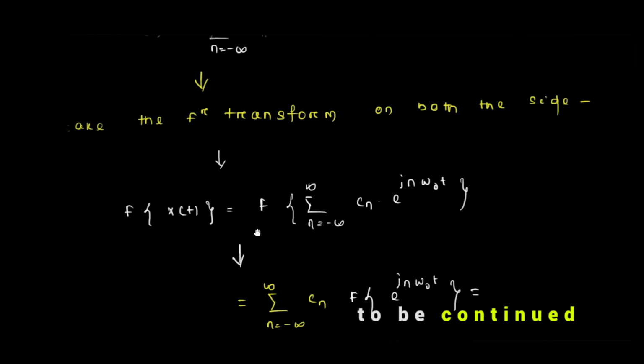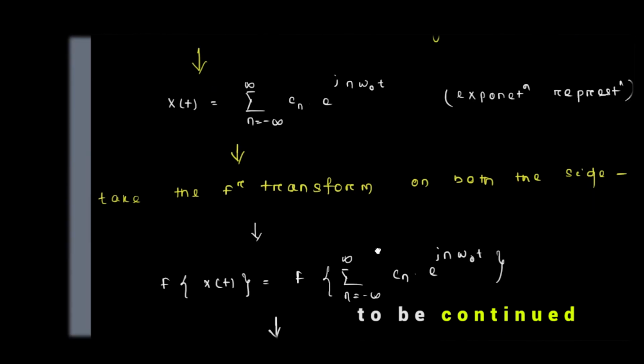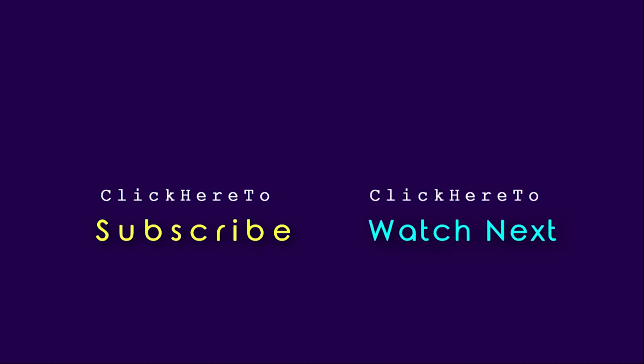Now moving into a very important concept, that is the Fourier transform of a periodic signal. For example, if x of t is a periodic signal, now we know if x of t is a periodic signal,